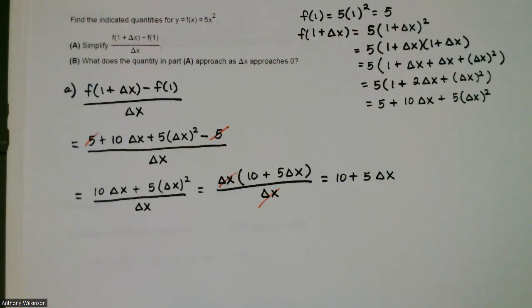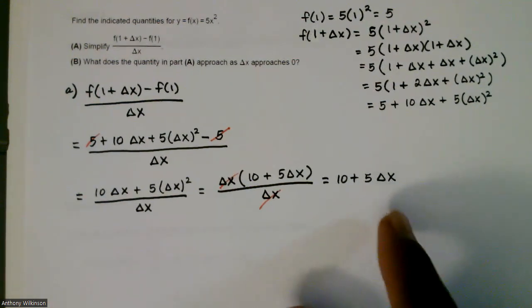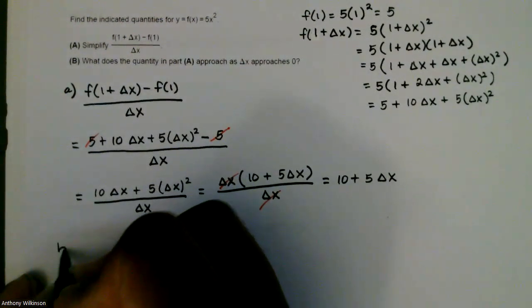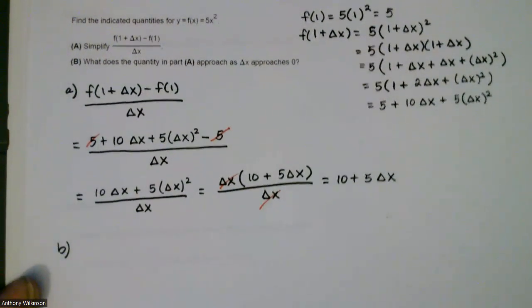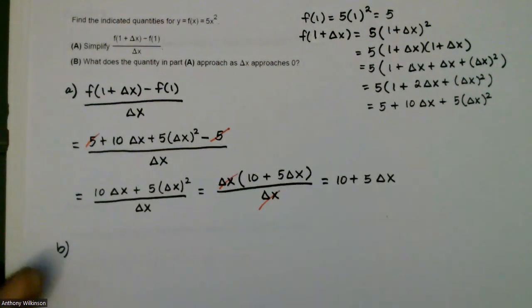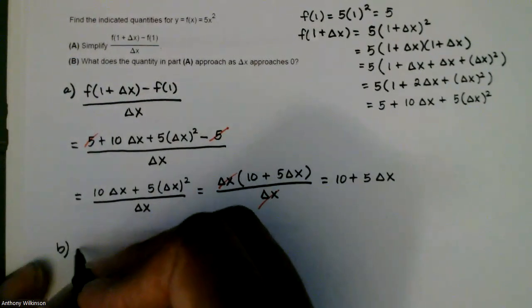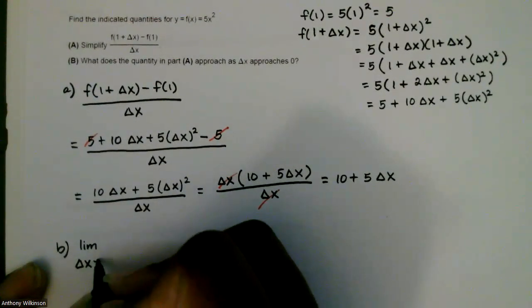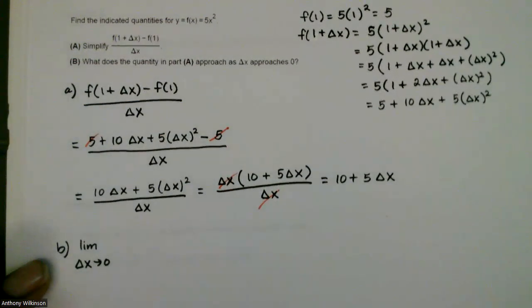Okay. So this is part A. When we simplify it, it'll be 10 plus 5 delta x. So that's part A. Part B asks this question: what does the quantity in part A approach as delta x approaches 0? Okay, so that means we need to take the limit as delta x approaches 0